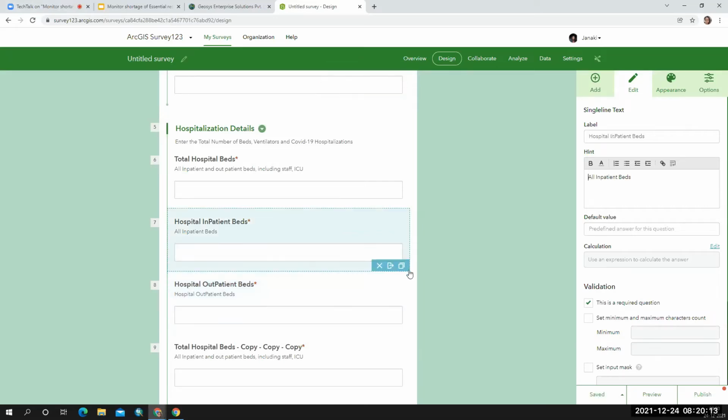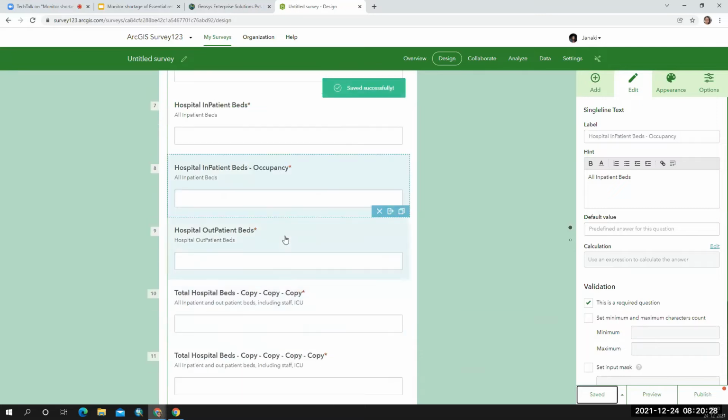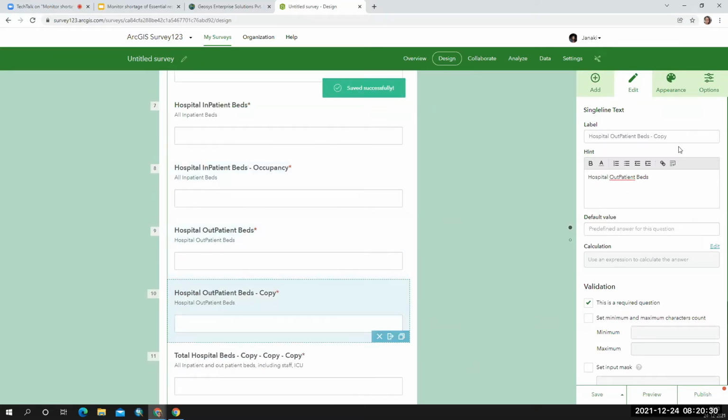So here I will duplicate this. These are the total inpatient beds, but I would like to have hospital inpatient beds occupancy. What is the current occupancy? Similarly, for outpatient beds also, I would like to have that occupancy information.